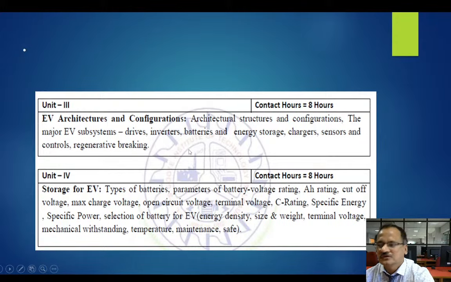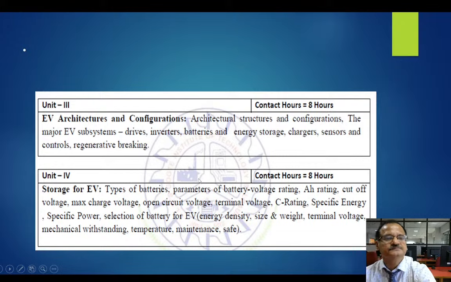In unit 3, you have all the architectures, the configuration of mainly 4 types, which I have already explained. One is battery electric vehicle, another is hybrid electric vehicle, another is plug-in hybrid electric vehicle. The fourth one is the fuel cell electric vehicle, where I am using hydrogen as a fuel or any other